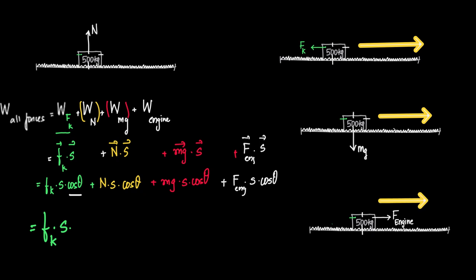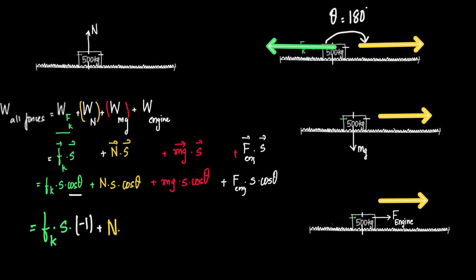And which direction is kinetic friction acting in? Kinetic friction is acting in the opposite direction. Which means in this case, theta is equal to 180 degrees. You may have a doubt here, but things will become very clear to you once you go through all this explanation. So this I can write as into -1 plus